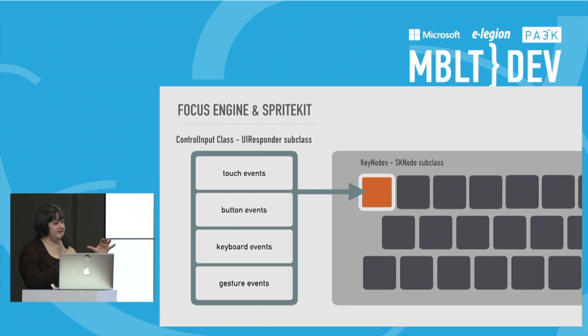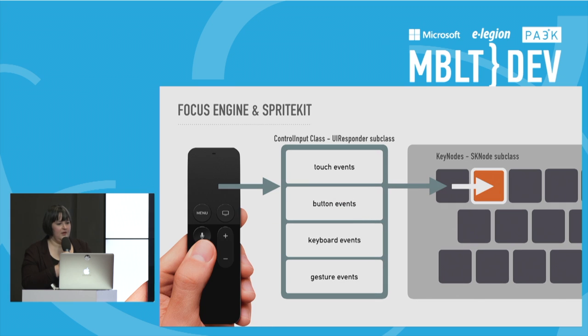Then we create a class that sits on top of the responder chain. This captures any input device events and forwards them on to the currently focused key node. And then when the user inputs a touch event on the remote, the Apple TV captures the input into the UIResponder chain and forwards it on to the currently focused key node. The key node then asks its parent, what's the thing to the right of this? It returns the key that's to the right, and then performs the update of the state,